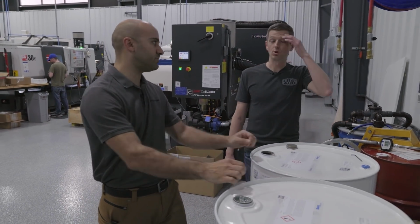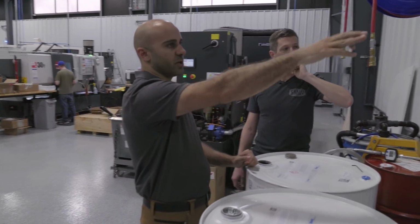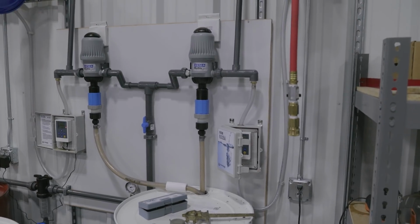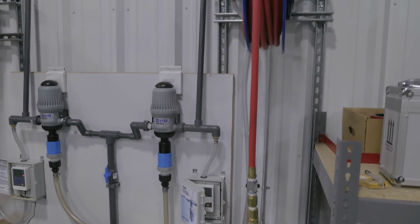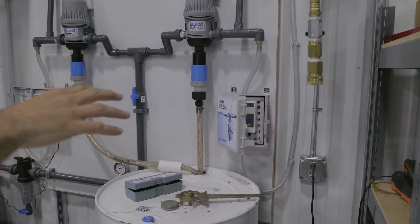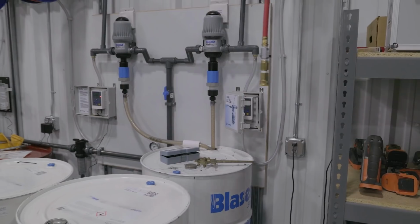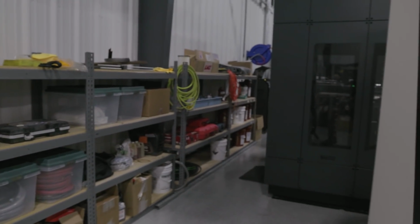So if I want to add coolant in the Grob right now, what do I do? Once it goes through the mixing pump, it gets plumbed. That line going up the wall there is mixed coolant and water. Once you get past here, we've got mixed coolant and water. So either this line right here is mixed or over there. Okay, so you pull this over to the tank and just hook it into a...